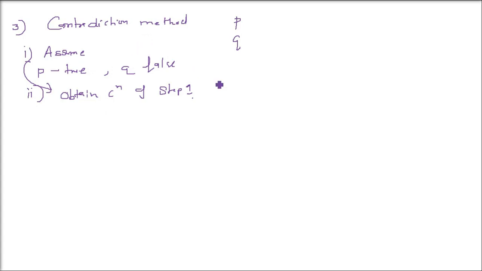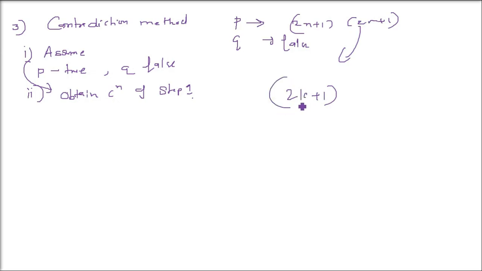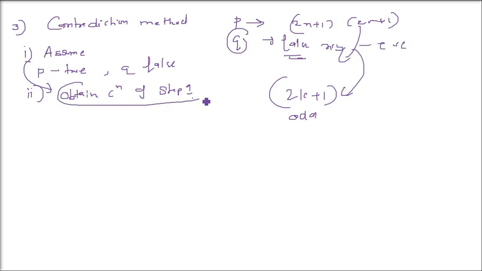Okay. Let me tell you again. We say P is true. That is, X and Y are odd integers, it's okay. Now Q is false. When we multiplied it, we got 2k plus 1. But because Q is false, that is XY is an even integer, it's not an odd integer. But it is coming as an odd integer. That is, Q, which we assumed to be false, is not false actually. It's true. Okay. We contradicted ourselves.